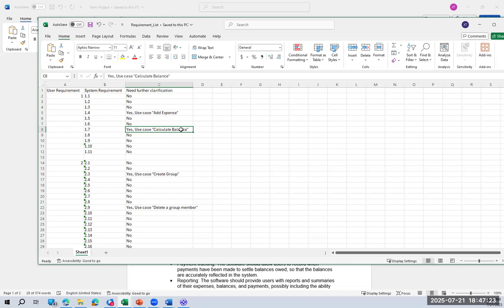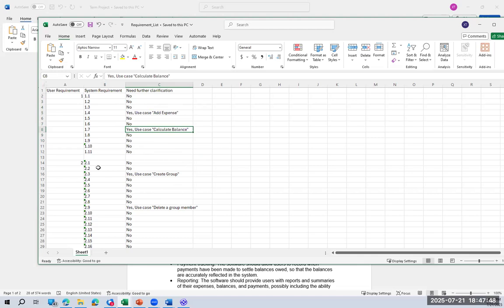It's kind of complicated, and I need further clarification on how to do that. So here you draw a use case to illustrate how to calculate the balance. And for the rest of them, I don't need further clarification. So from here, you can see that you may have 10 system requirements, but end up with only two